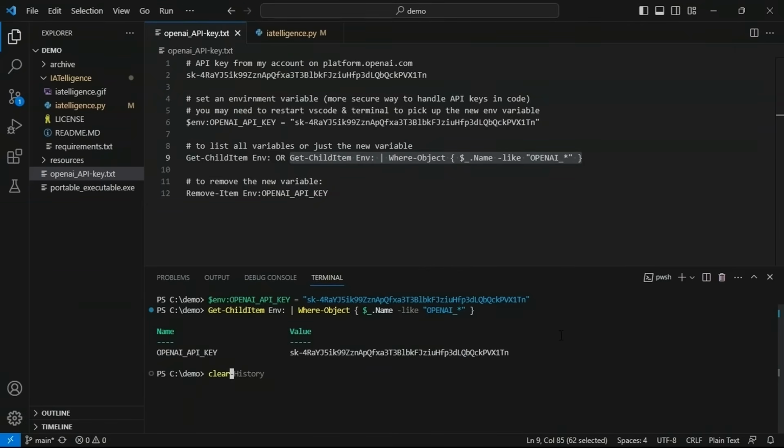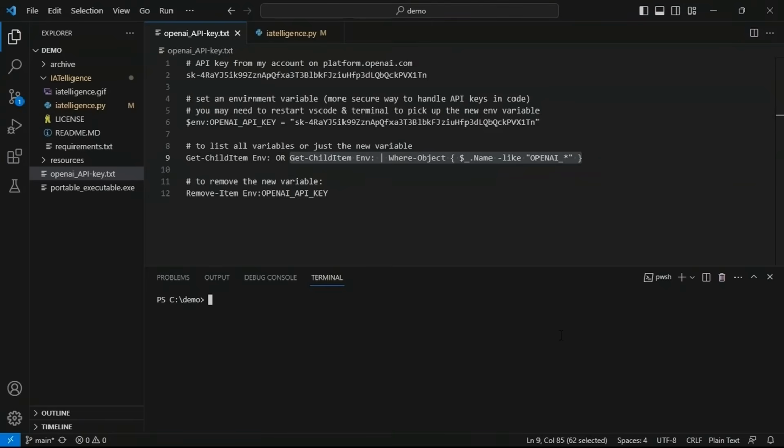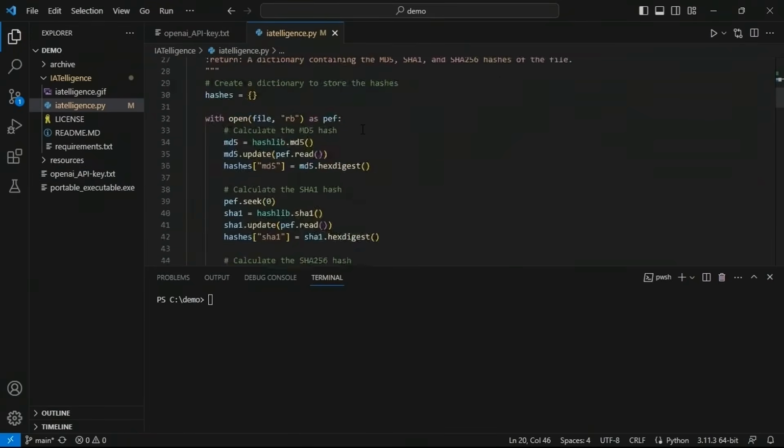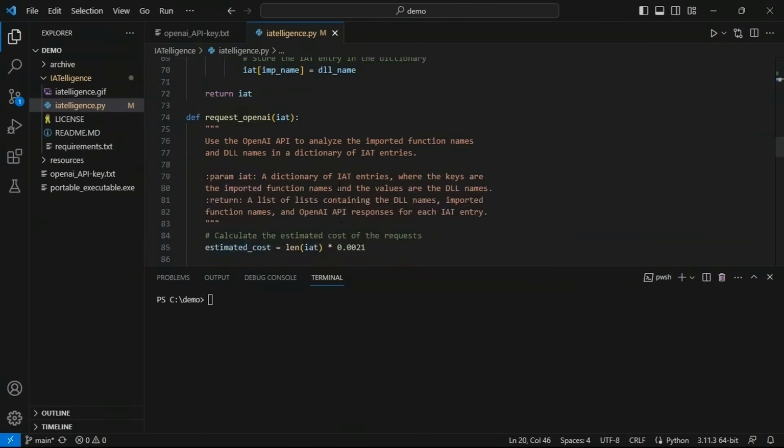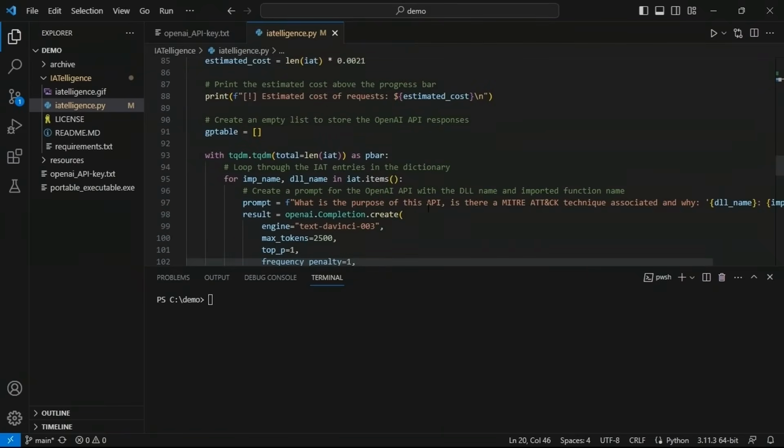First I'll clear. And now one more quick look at the Python script. Okay, scrolling down to line 74, this is where the script defines the request_openai function, and it's expecting the IAT to be passed in. Now, scrolling down on line 97, this is the prompt, and it's a formatted string that includes the DLL name and the import name. Then on line 98, this is the call to the OpenAI API using the